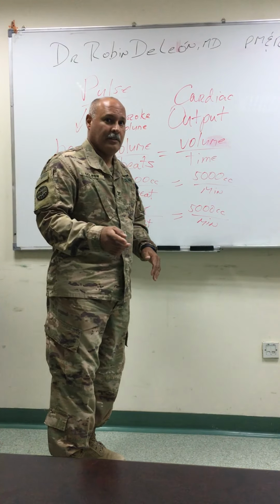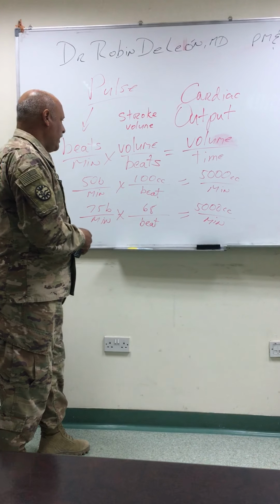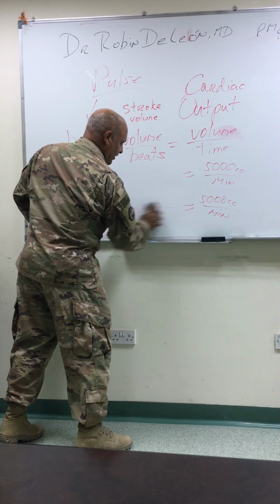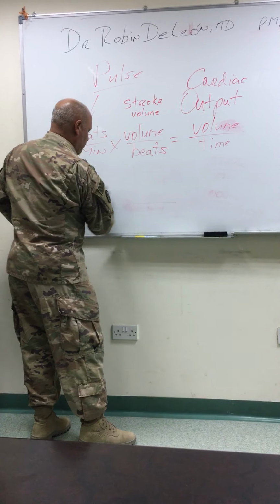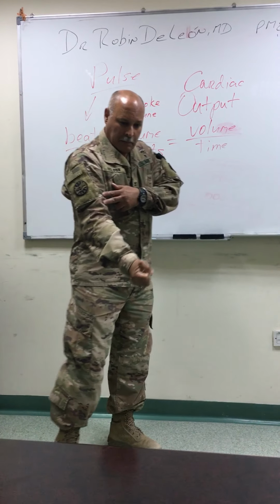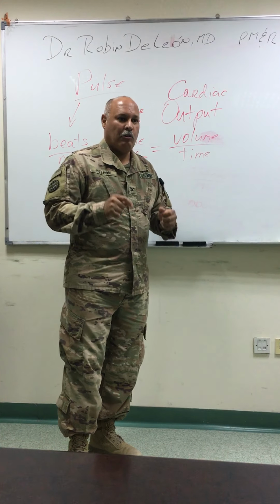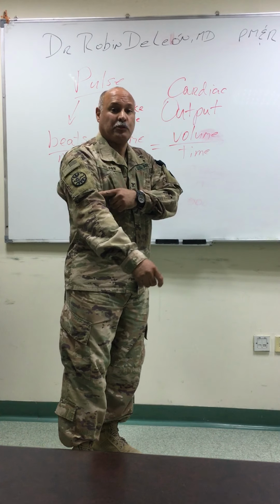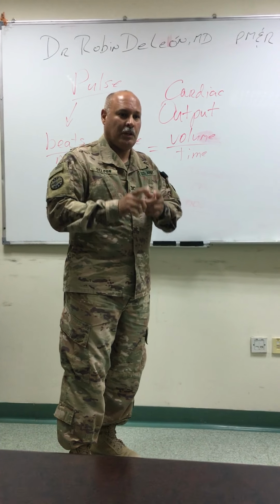The other is a unique thing about the heart, all right? I'm going to take away some of this stuff because it's starting to look cluttered, but you got the concept there already, and that is the heart is a muscle. Every muscle in the body, for it to contract, whether it's my bicep muscle lifting a weight, my heart beating, my intestine squeezing, the muscles there all require electrical input. In the case of my bicep muscle, that electrical impulse comes from the nerve, which shocks the muscle and makes it move. In the case of my heart, it's the only muscle in the body